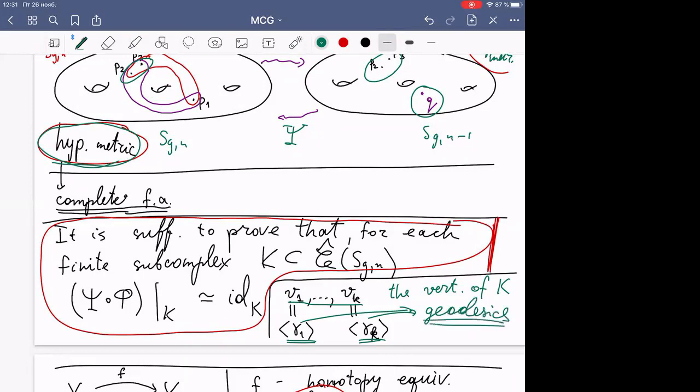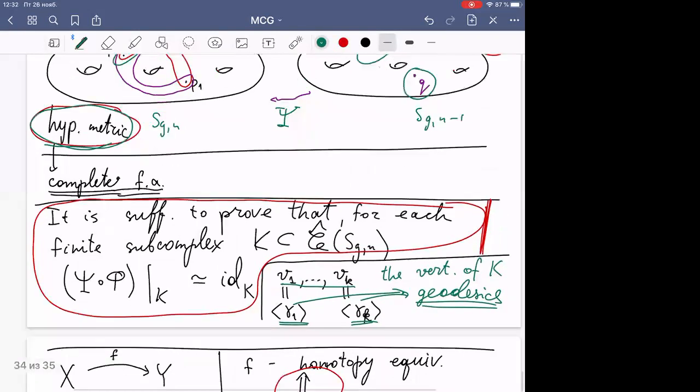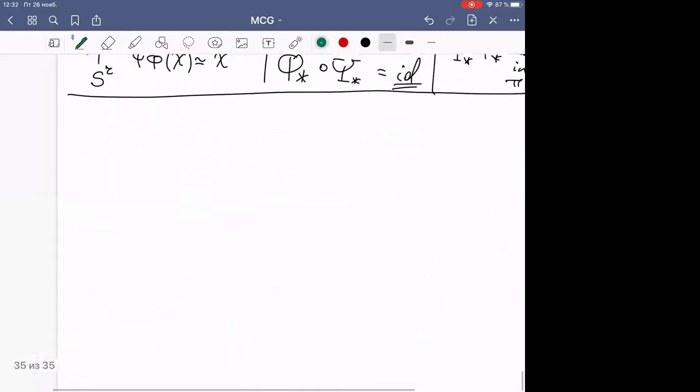I need the metric only to choose some particular representatives. It is convenient to choose particular representatives. Okay, but now we may proceed as follows. We may take, well, let us go below. So